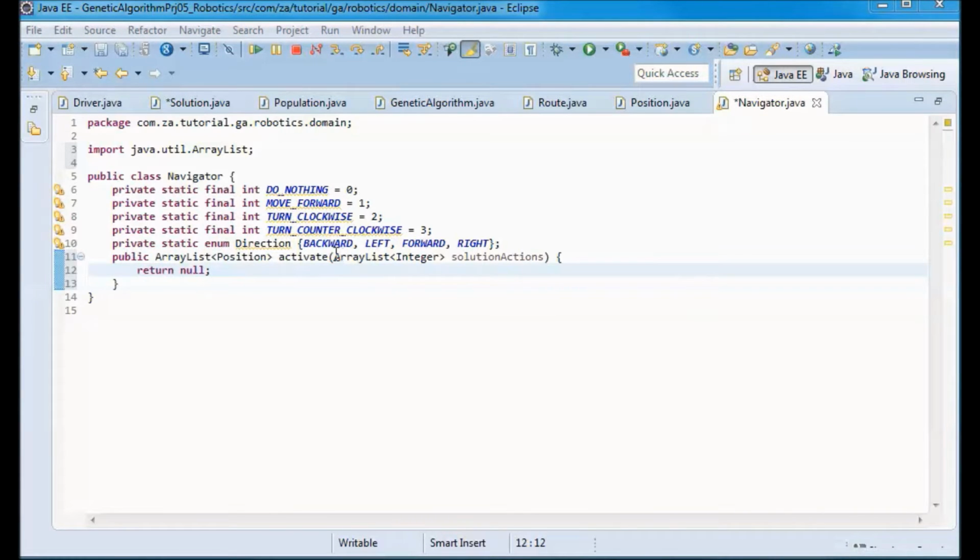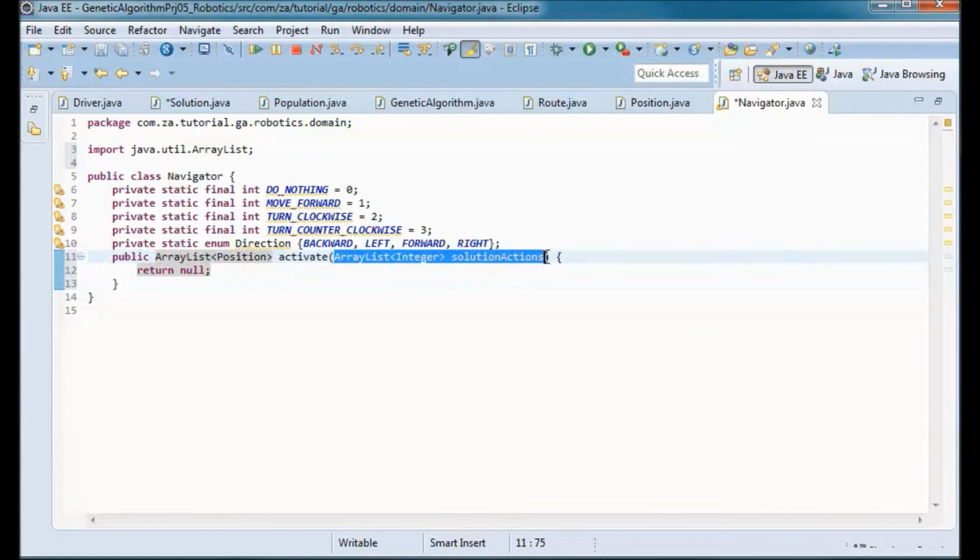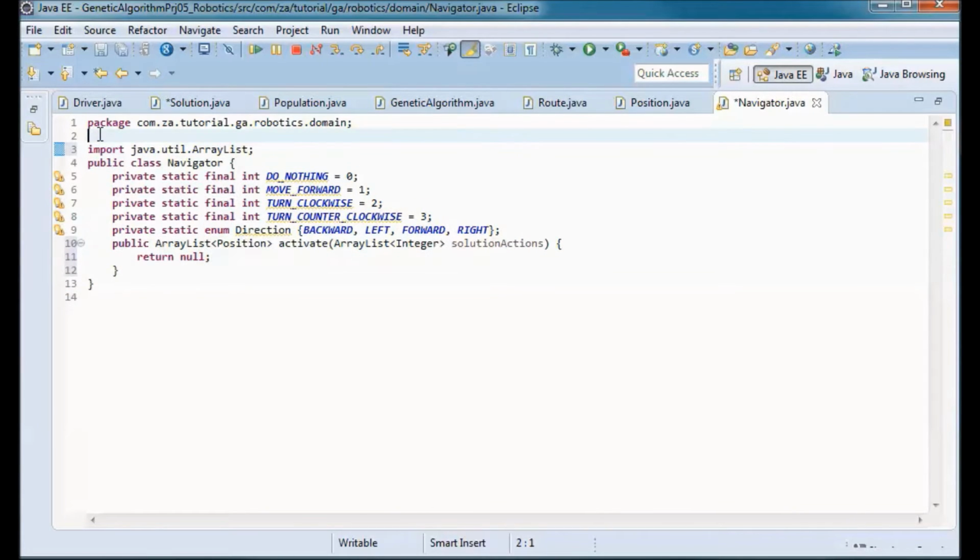So given an array list of actions, of 16 actions, we return an array list of positions that this autonomous robot navigator will be taking, or will be moving through.